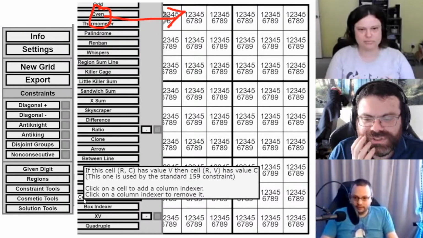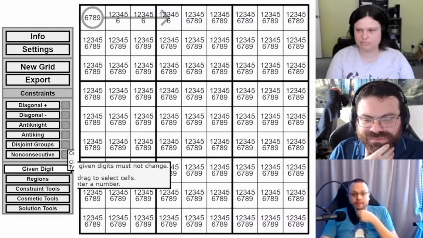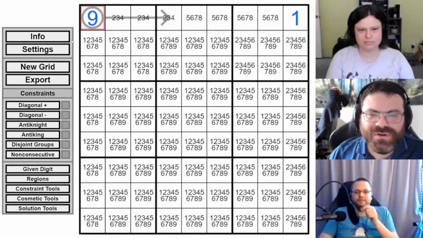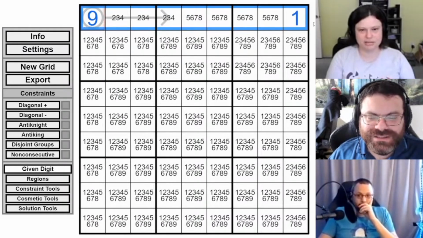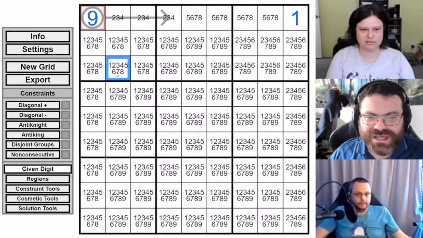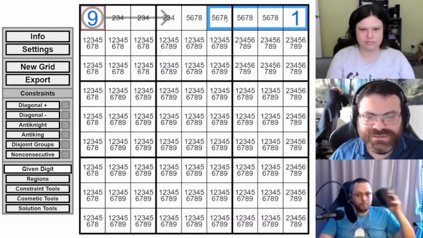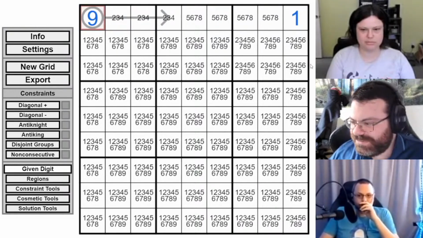Oh, are we doing the normal 159 indexing? Not necessarily. I was just saying if you throw an index in there. But I'm saying we're column indexing, right? Yeah, sorry, column indexing, I see. Yeah, that's a cool idea. So it just forces 2, 3, 4, 9 immediately. It's pretty clear why. This has to be 6, 7, 8, or 9, so the 1 is going to go here, which forces that to be 2, 3, 4, 9, which then places the 1 there. So that's kind of neat.